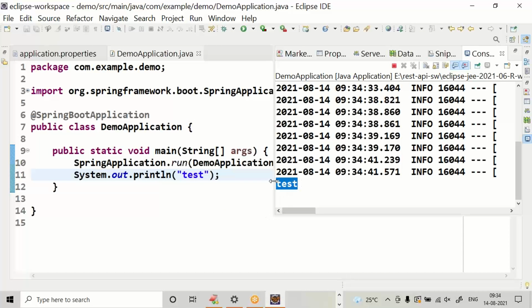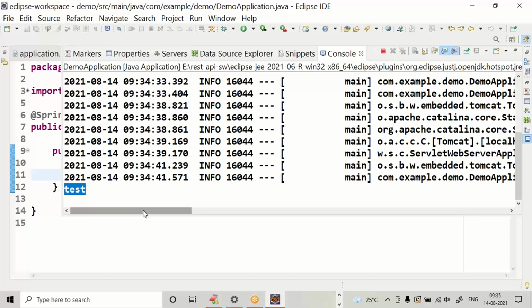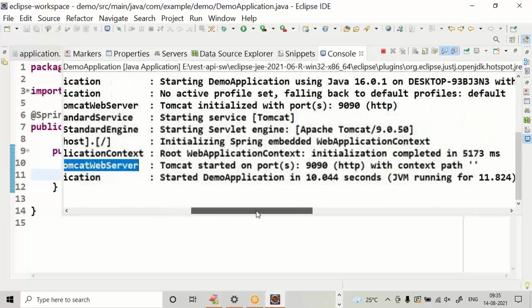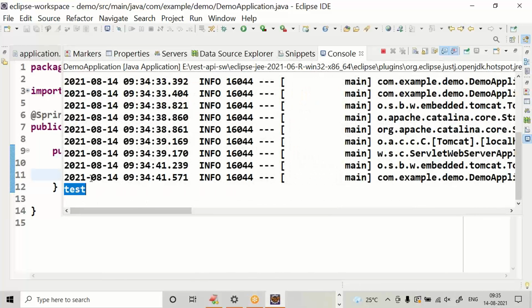You can see the SOP test, and also you can see Tomcat web server started at 9090. You got the test message. It is a simple SOP.